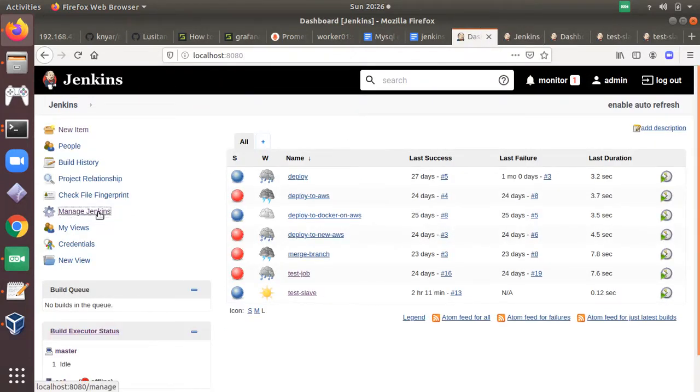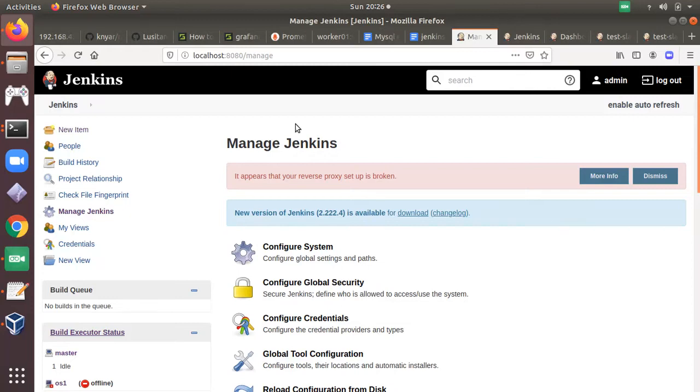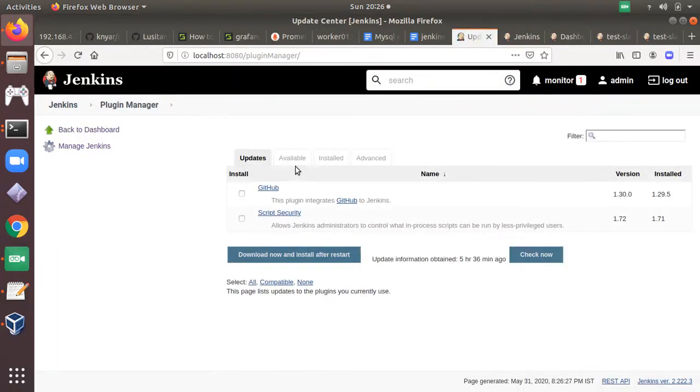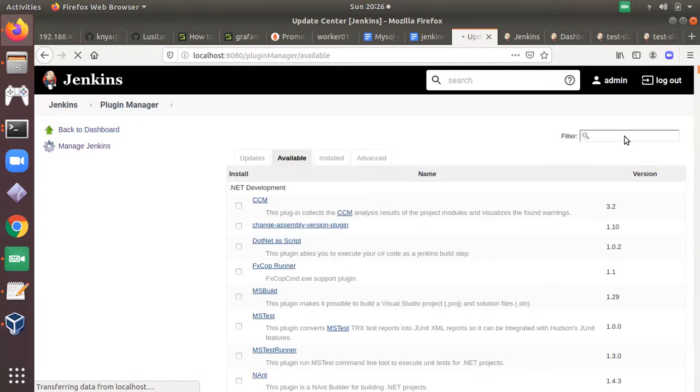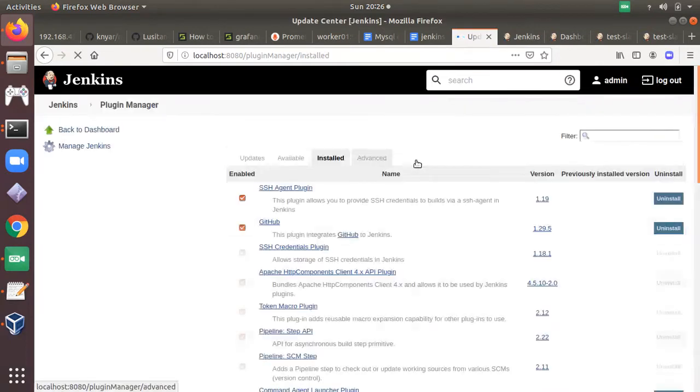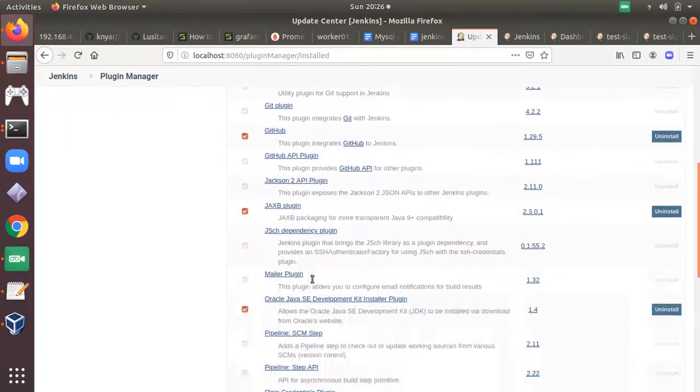So you can go to manage Jenkins, and manage plugins, and available, and here you can search for SSH. To save our time, I already installed these plugins.